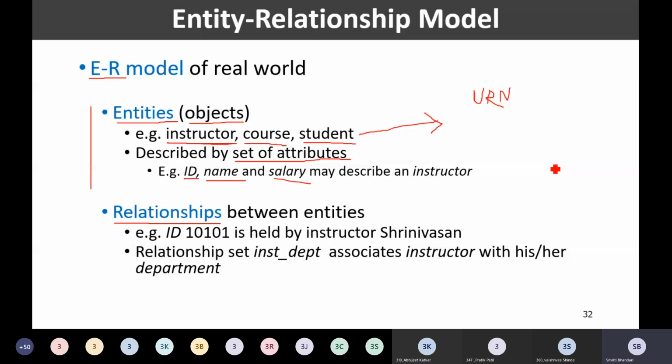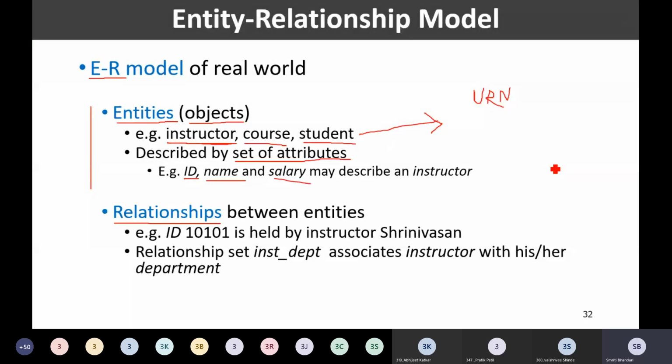Now let us see what a relationship is. Typically relationships are between entities, so we need to relate two entities. For example, suppose I want to relate the instructor with his or her department, or relate the student with the course, or relate the instructor with the course.